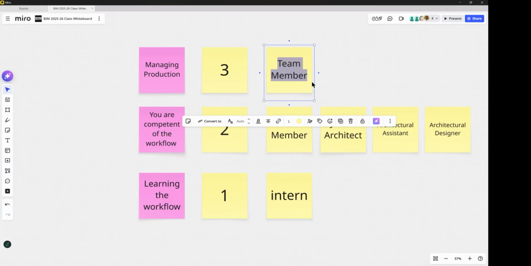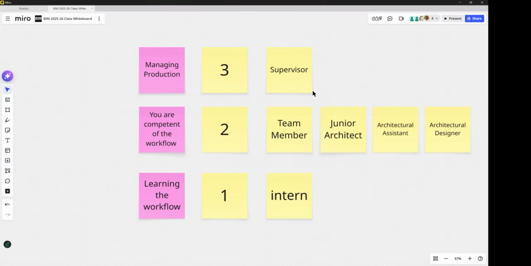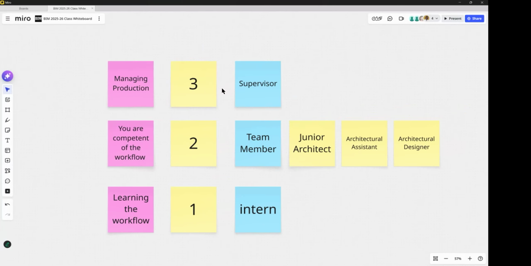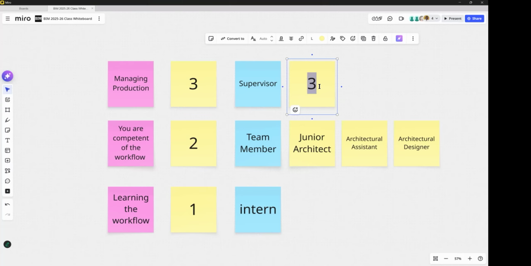Okay, so I'm gonna say you are a supervisor. Supervisor? Yeah, I think I would say supervisor. I'm gonna put this maybe in blue. Right. So what that means is that, and there are names for this. Some people call this job captain.